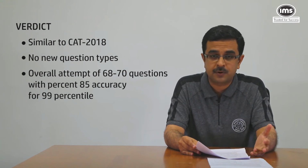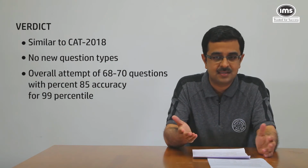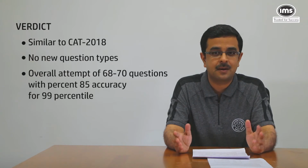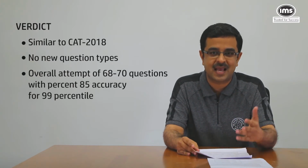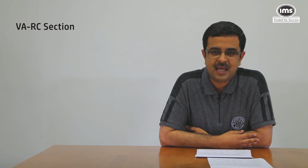IMS students would have found a great deal of similarity between some of the SimCATs and the CAT. Several students in fact gave the feedback that the CAT appeared an extension of the SimCATs as well as the eMaximizer workshops. Coming specifically to the first section of verbal ability and reading comprehension, the overall difficulty of the VA-RC section